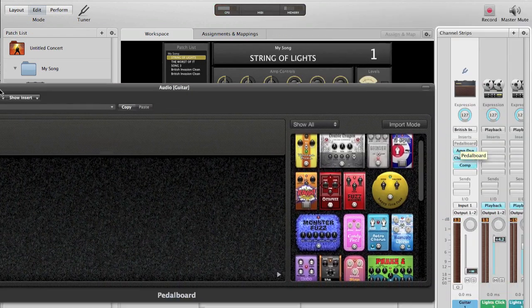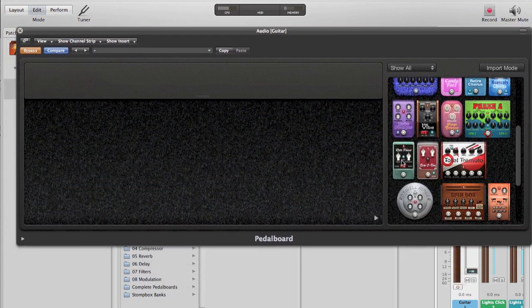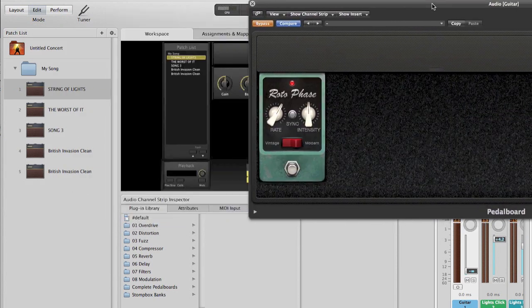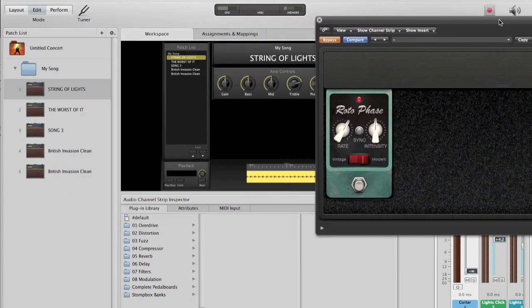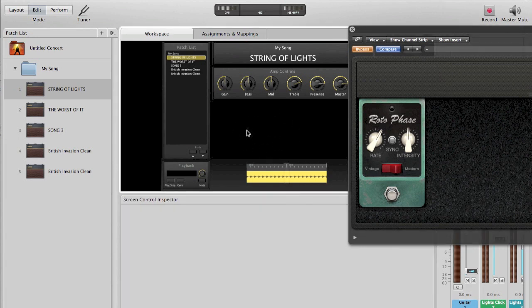All right, again, this is our live guitar that's going into the Gio. Say I pick a pedal. I want some phase in my guitar sound. So I need to get this to work in my virtual stomp box. So what I'm going to do